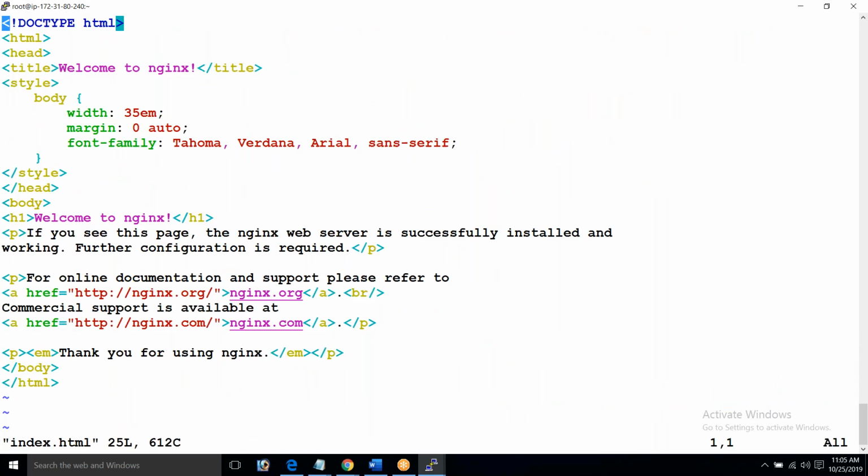vim index.html. I would say, welcome to Docker session.